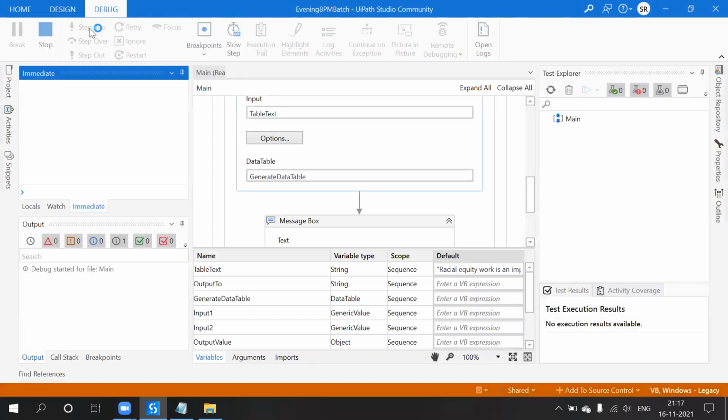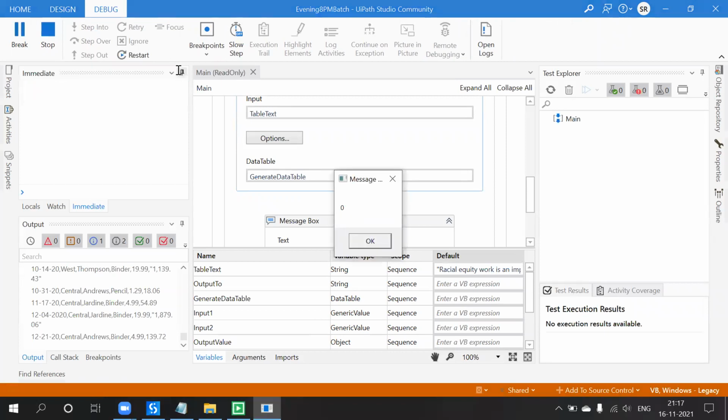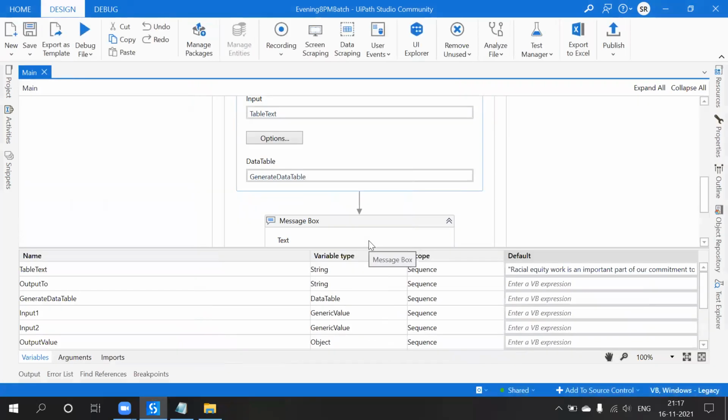So now we'll see. So 0. You understand, right? So if it is structured data, see the situation where we will use this. So for example,